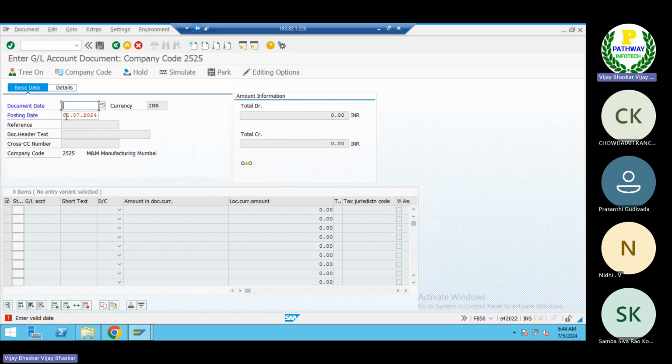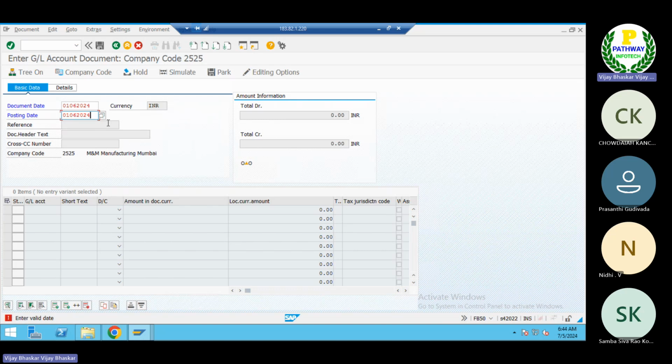Okay, so now let me give the date. I'll give 01/06/2024. Here also 01/06/2024. The business transaction happened on 1st of June, so I'm giving the same.